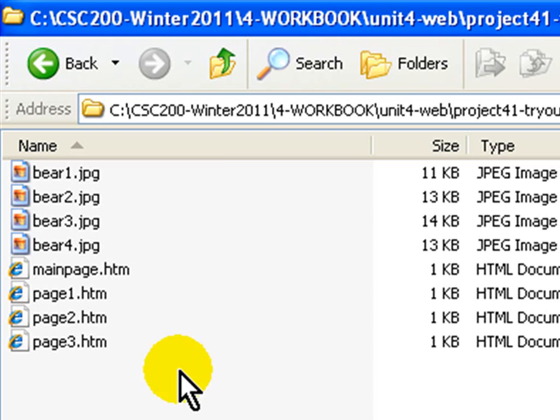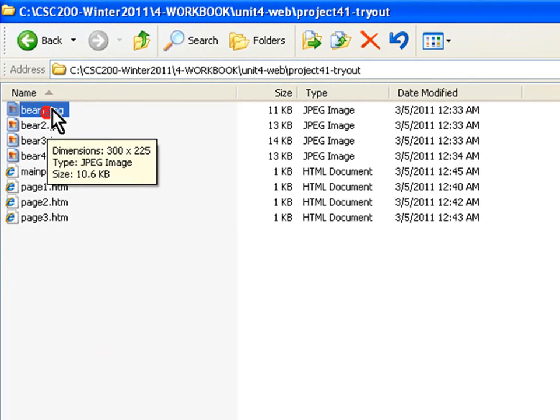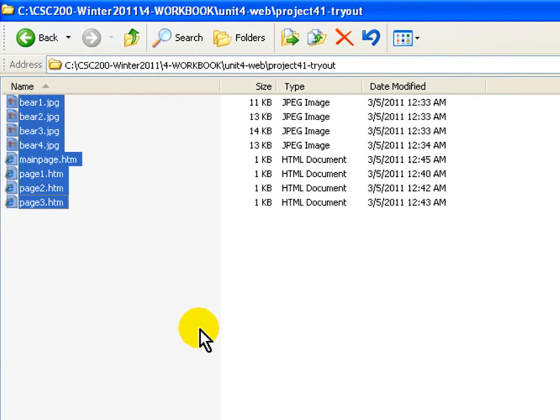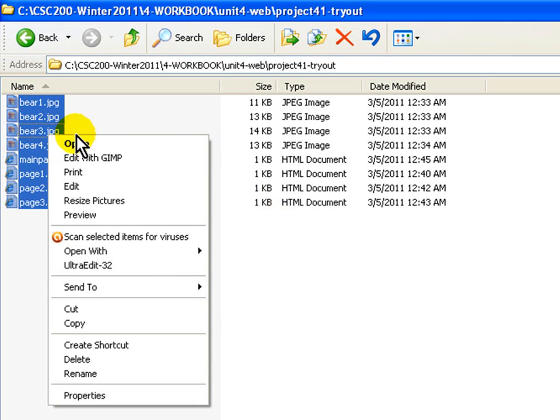Here's a much better way to do it. If I mark every one of these, what I've done here is to highlight the first one. I'm holding the Shift key down and I highlight the last one. Now I have all of them marked. I put my cursor into that group and with the right mouse button I press and I select Send to